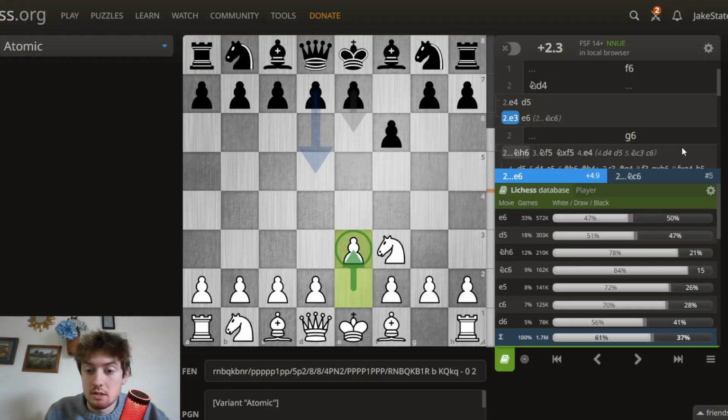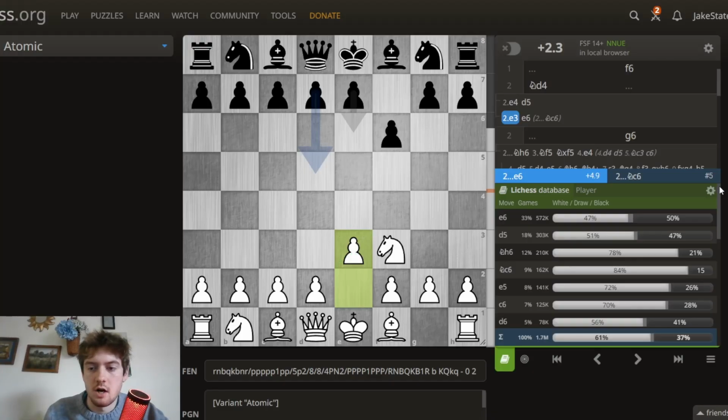The problem is once you get to the 1400, 1600 rating range, players start to know this. As you can see, the 2 most common moves here are the 2 best moves by far. And as you play stronger and stronger players, more players are going to know this. And I think it's tough to beat. Say you're a 1400 and you're playing a 2000. It's going to be really tough to beat them in this opening, just because they're going to know it so